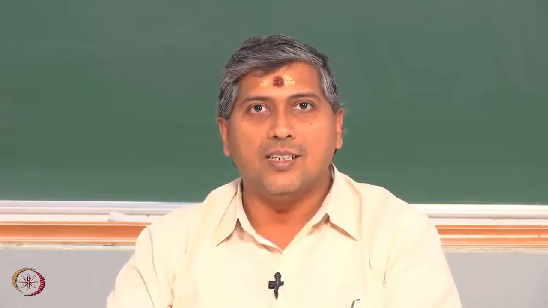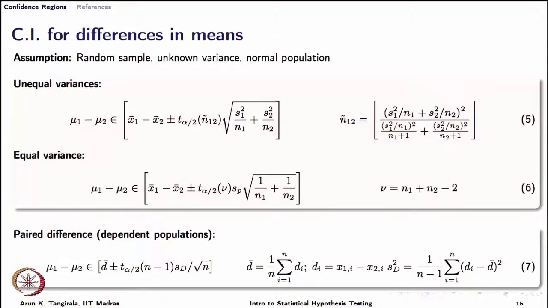So, that is the difference that you should observe between using the confidence region approach and the standard approach for hypothesis testing, and this is the advantage that holds for all kinds of hypothesis tests for other parameters too. Now, until now we have talked about means. Naturally, we move on to confidence intervals for differences in means.